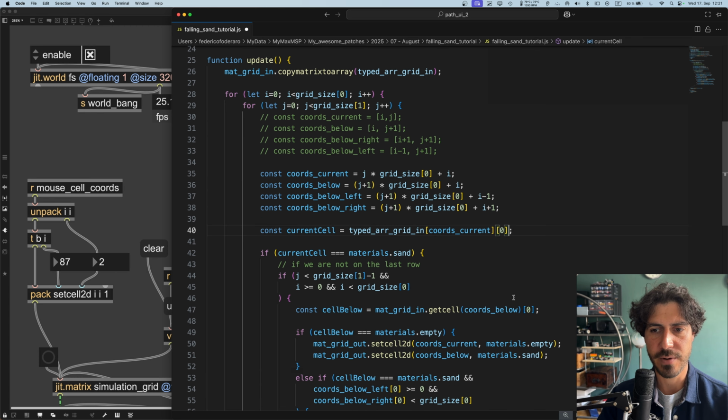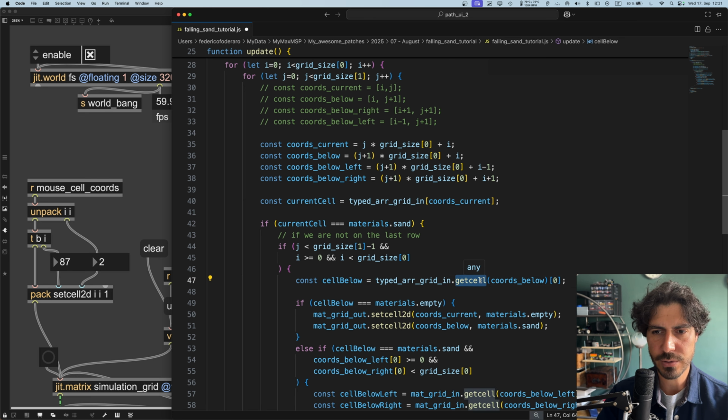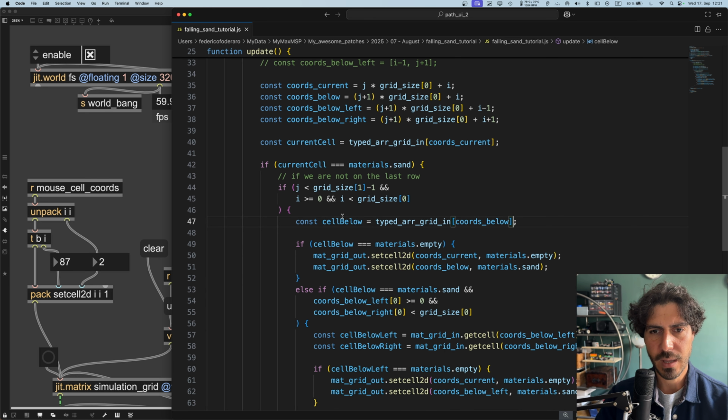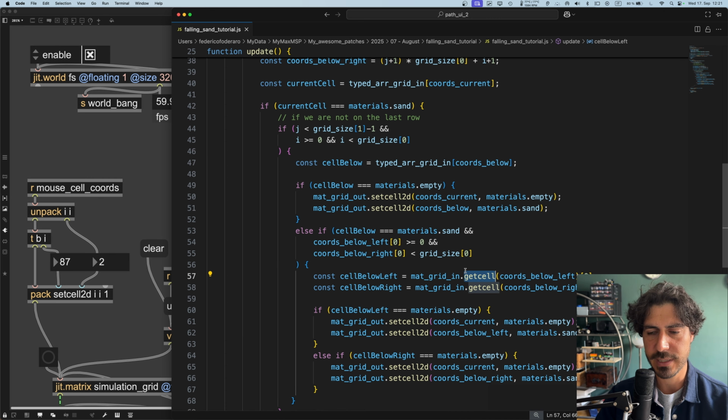And this is not an array, of course, because this is just a single value. It's not the same thing as with matrices that gives us back an array. So this is current chords, and then again here, typed array grid in, chords below. So we just have to say chords below for the cell below. And I'm first doing the get cells, then we will do the set cell. So this is going to be,